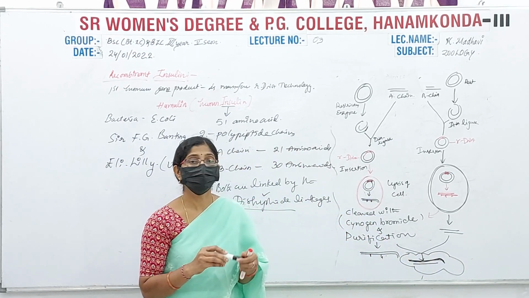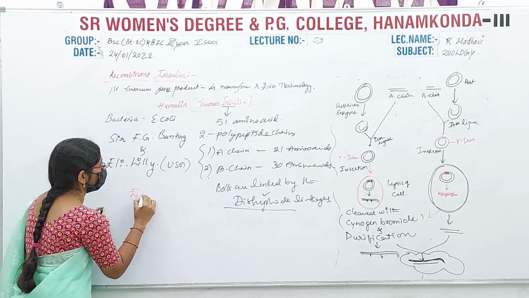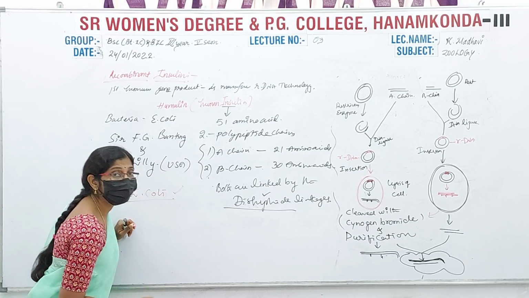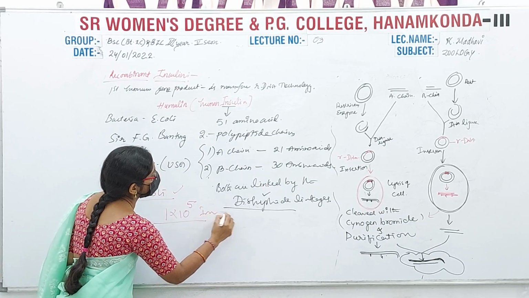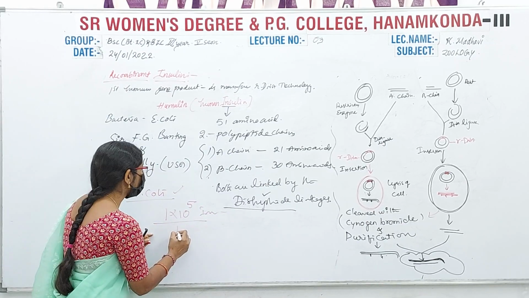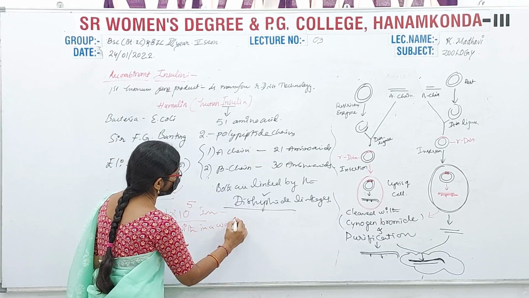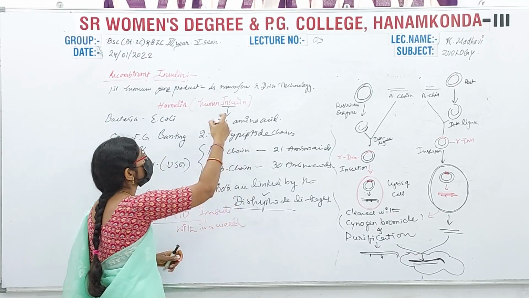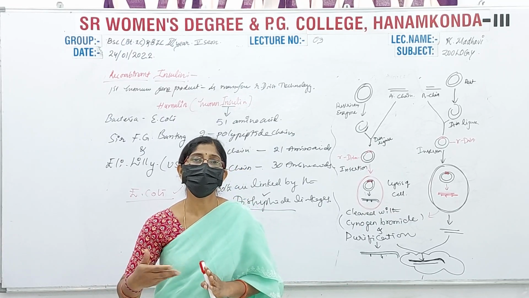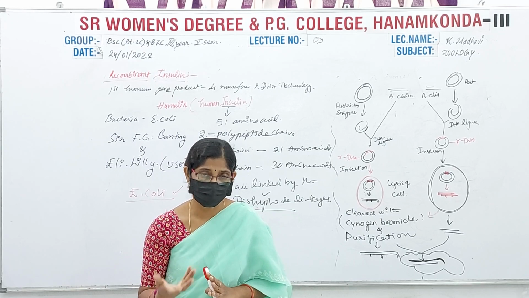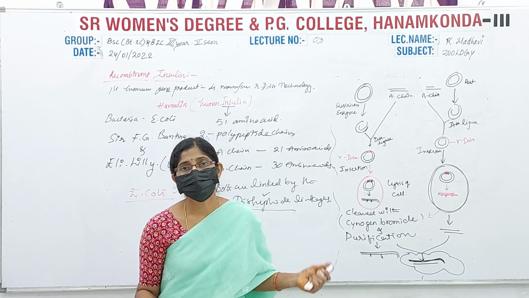This final product is produced when we use Escherichia coli bacteria in the laboratory or in vitro conditions. How much are we getting in a week? In a week we are getting 1 times 10 to the power of 5 insulin copies. Within a week we can produce this many copies of insulin using this rDNA technology. That's why insulin is provided even as the number of patients increases, whatever we need in these treatments. Okay, this is about the recombinant